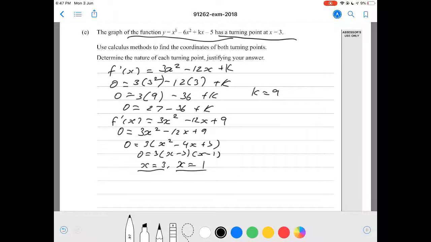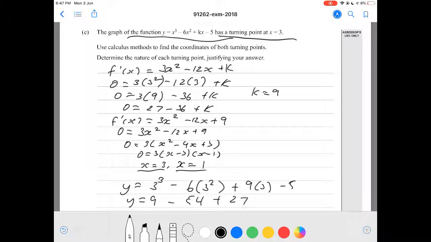So if we're going to do x equals 3 first, we'll say y equals 3 cubed minus 6 times 3 squared plus, you know, k equals 9, so plus 9 times 3 minus 5, okay? So y equals 9 minus 9 times 6 is 54, plus 27 minus 5. Plug this into a calculator, okay? That should give you 9 minus 54 plus 27 minus 5. That gives you